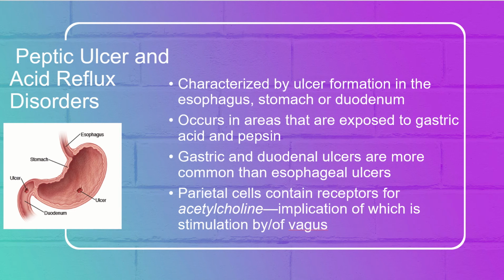So peptic ulcer and acid reflux disorders are characterized by ulcer formation in the esophagus, the stomach, or duodenum. I have an image on screen here which shows a puncture, or ulcer, in our duodenum, and it could happen in our esophagus as well. It occurs in areas that are exposed to gastric acid and pepsin. Gastric and duodenal ulcers are more common than esophageal